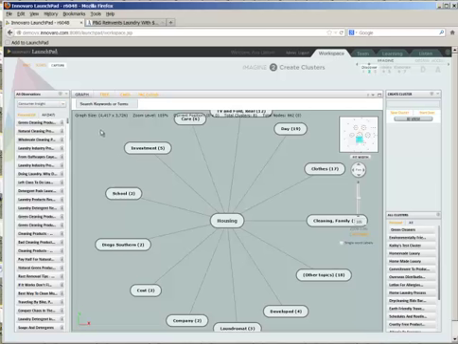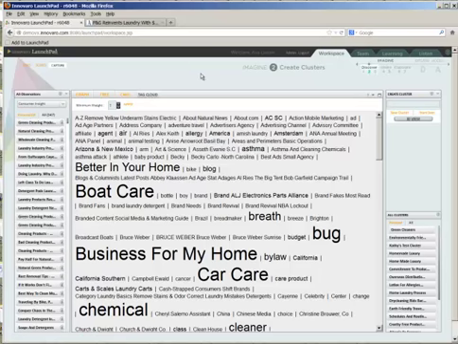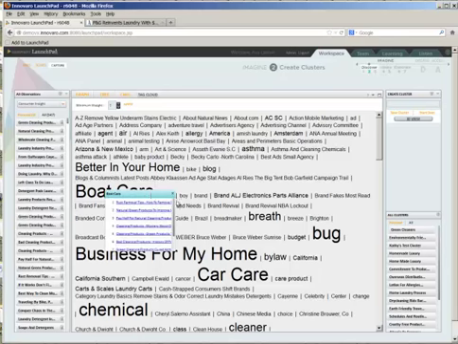Now, the second view that we have, which I happen to like a lot, is called Tag Cloud. In Tag Cloud, the semantic engine looks at all the terms that are in it and asks, what are the terms that occur most frequently, that are repeated? The frequency of the term is shown by the size and the intensity of the font. Here you see one called Boat Care, which is interesting because we weren't looking for it, but it keeps appearing again and again. If you want to see what the data is in Boat Care, you click on Boat Care, and there are all the data items. You can go take a look at all of them individually, and you can see there's quite a number in here.